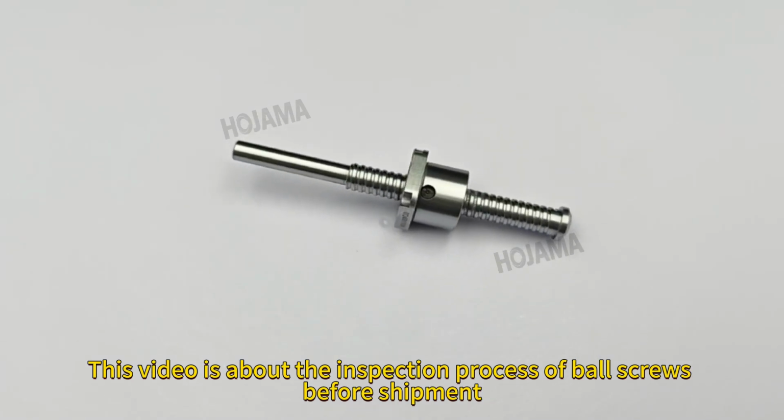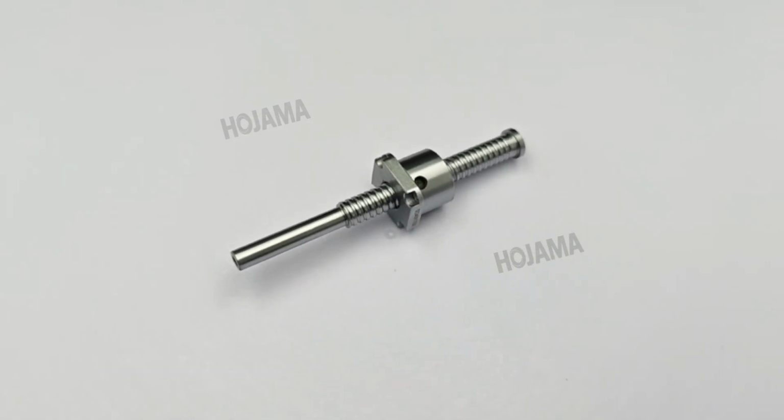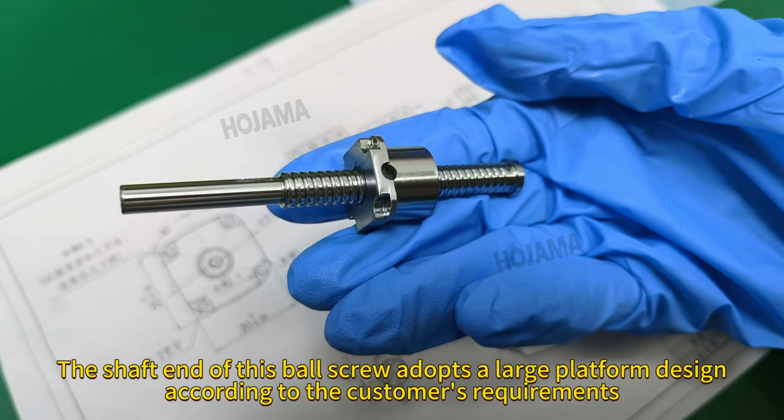This video is about the inspection process of ball screws before shipment. Taking the customized non-standard GIX0802 as an example, the shaft end of this ball screw adopts a large platform design according to the customer's